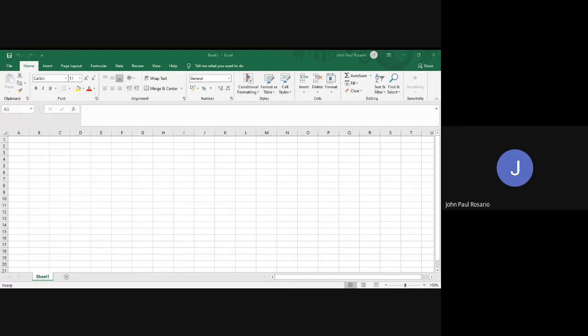Now for the journal, we will only be focusing on the general journal. There are many types of journals, but we will only focus on the general journal, and for the ledger, we will only focus on the T account. We will discuss the T account in chapter 4, which covers how to post. But for this portion, let's focus on the general journal.